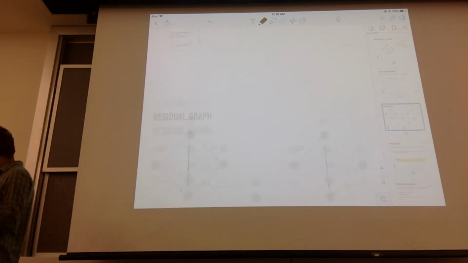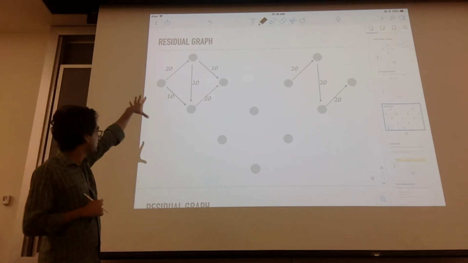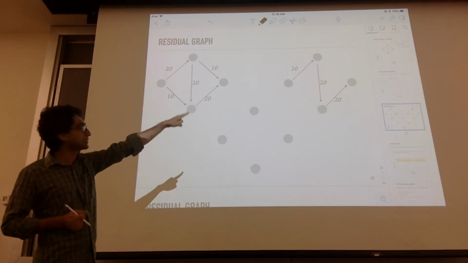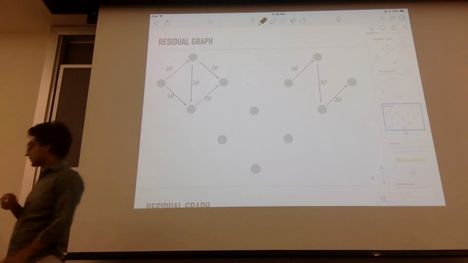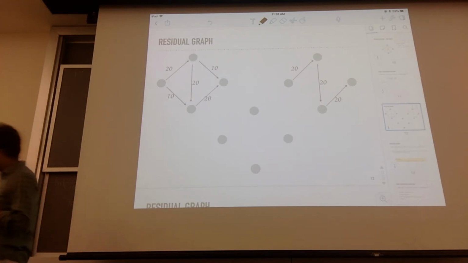Let me show an example of this. So this was our original graph, and this was the bad flow. So this was the F. Okay, so this may actually have caused